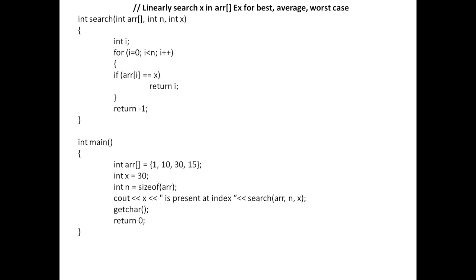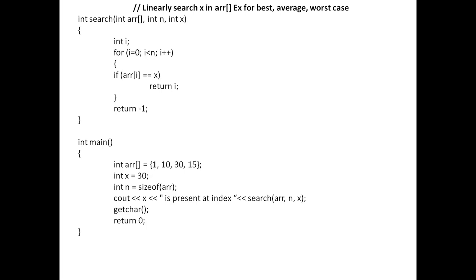Then there is another method called binary search, where we divide the given list of numbers into two halves and search for the value in the first half, then in the second half. That's how the searching mechanism goes on. That is binary search. Here I am not discussing binary search, rather I am discussing linear search. Given a list of numbers in an array and an element to be searched, I will start my search from the first index, second index, third index, up to the last index of that array. And you know that the index of the array starts from 0, not from 1.